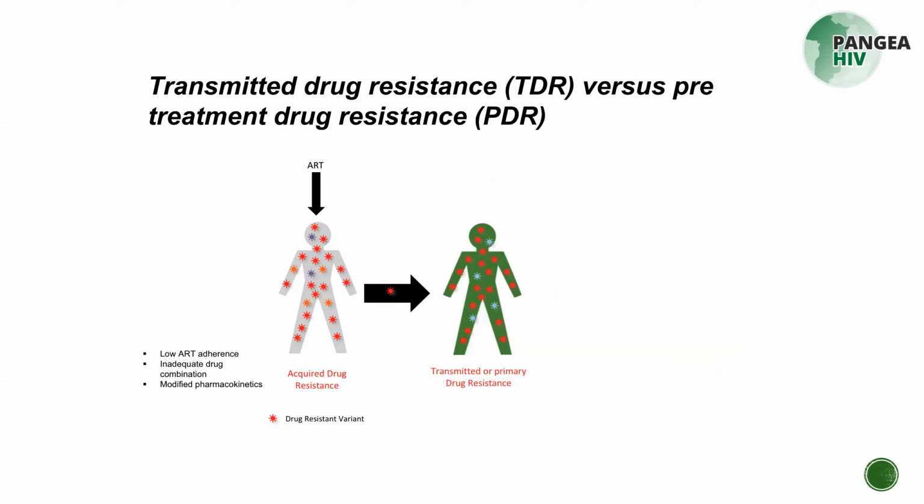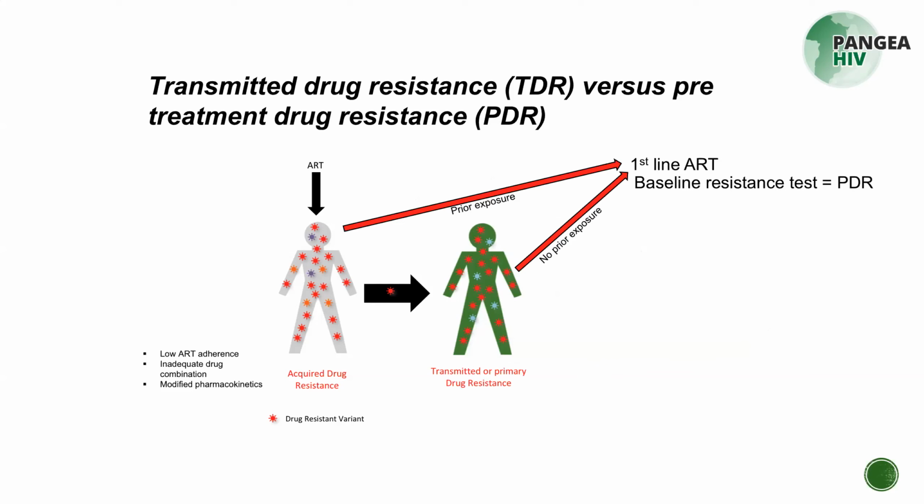This resistance mutation is also very readily transmitted because it does not confer a very significant fitness cost to the virus. So we often see people with isolated K103N that's been transmitted. This contrasts with a patient who has